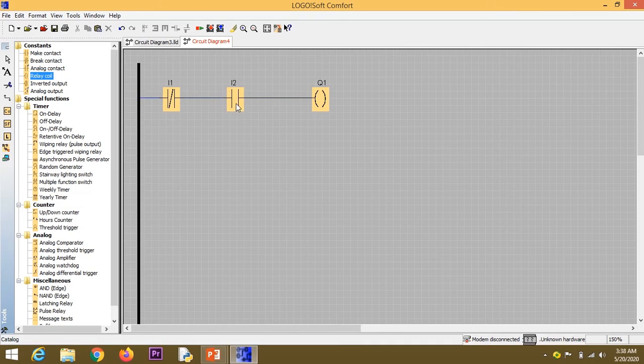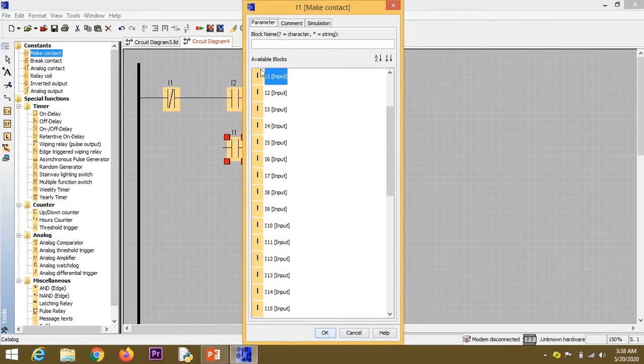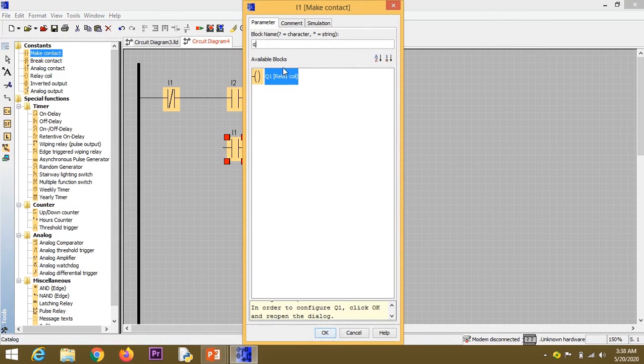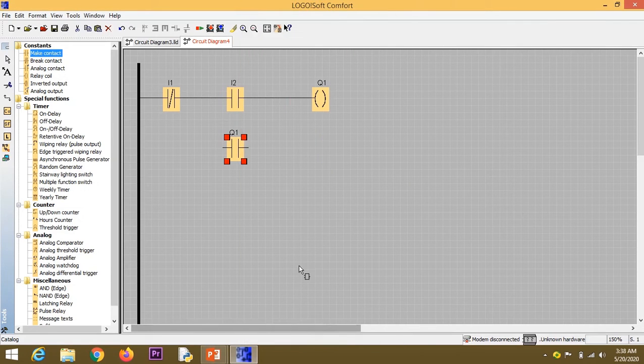So our condition was, when you are releasing this push button also, Q1 should be in on condition. So I am taking a feedback of Q1, so that once Q1 is in on condition, this feedback will be on.